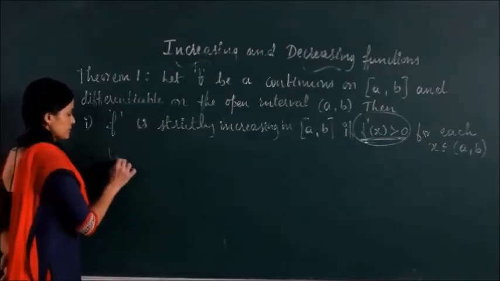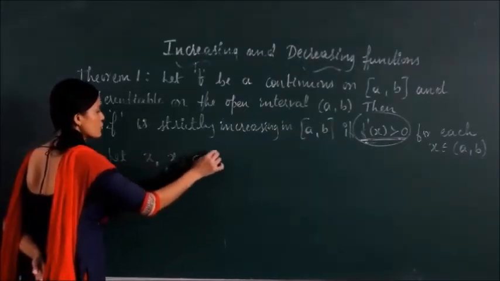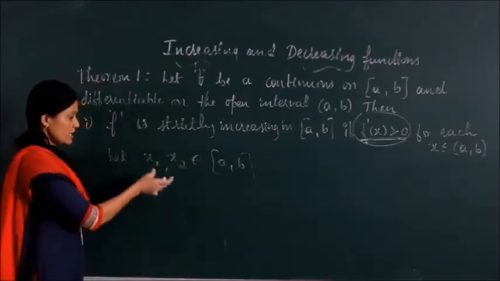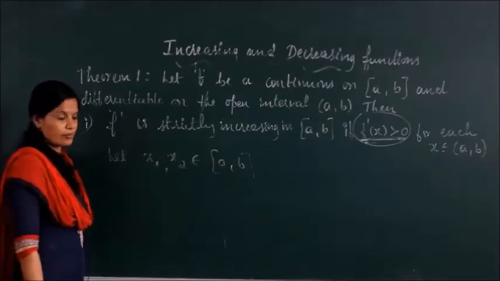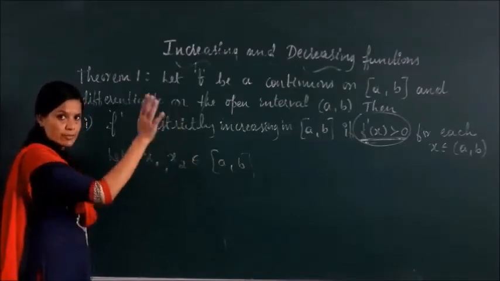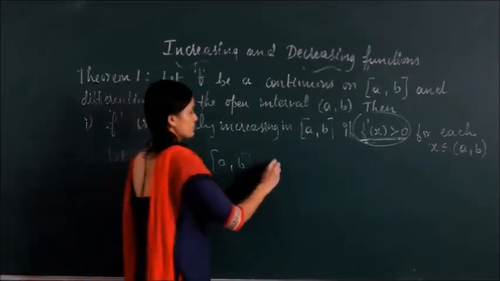Let x1, x2 belong to the closed interval a, b. This means I am considering 2 points in the given interval a, b. So I am considering them as x1, x2. I have explained this with a particular example. Now I am generalizing it such that